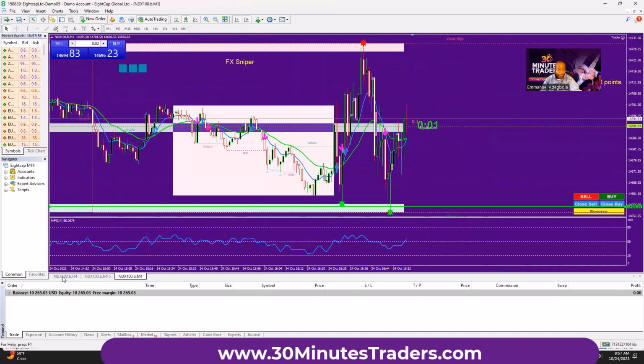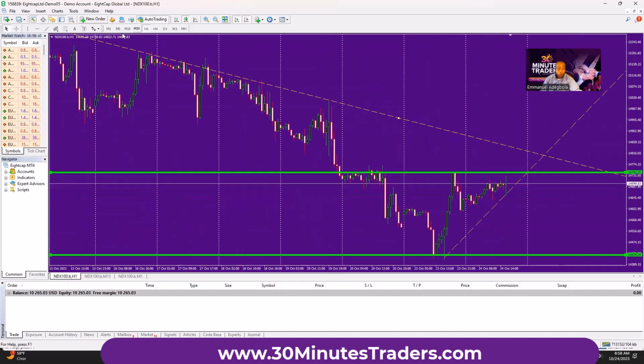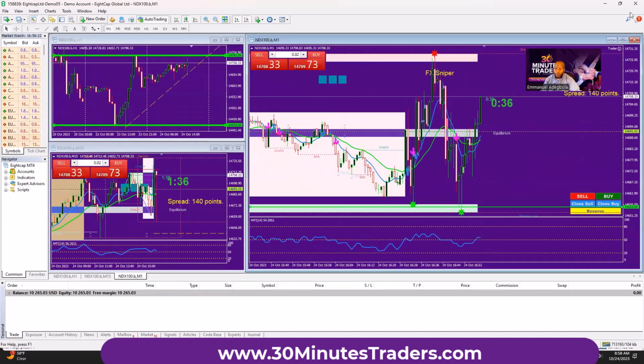Now the rationale behind it is that I want to do my market analysis. If I do my market analysis on 4 hours, I still have to go down to 1 hour. So if I do my analysis on 1 hour, I'm targeting to place my trade on 5 minutes. And if I do my analysis on 15 minutes, I'm looking to place my trade on 1 minute. So instead, I just have something like this so that I can capture, this is 1 hour, this is 15 minutes, and this is 1 minute. So once I have it like that, then just